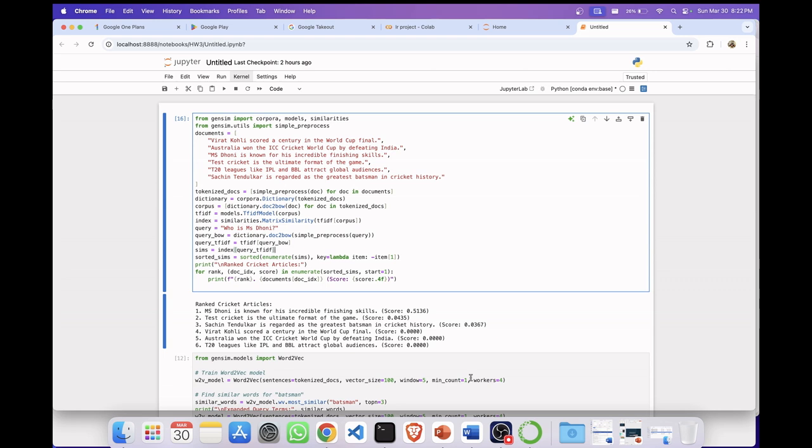TF-IDF adjusts the importance of words by downweighting those that appear frequently across many documents and emphasizing those that are unique to the specific document. With the TF-IDF model applied, we create a similarity index using similarities.MatrixSimilarity, which allows us to compare the query to documents effectively. When a query like "who is MS Dhoni" is provided, it is processed in the same way as the documents: